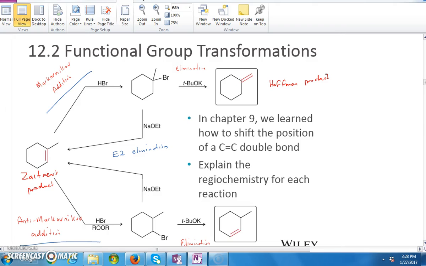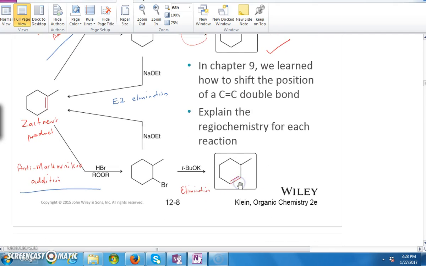And so the first thing you want to do is to do a Markovnikov addition. Put the bromine there, which is a good leaving group, and then with the aid of tertiary butyl potassium tertiary butoxide, you can make the exocyclic double bond. Okay. Now, if you wanted to make a different, less substituted double bond, like this one, then again you have